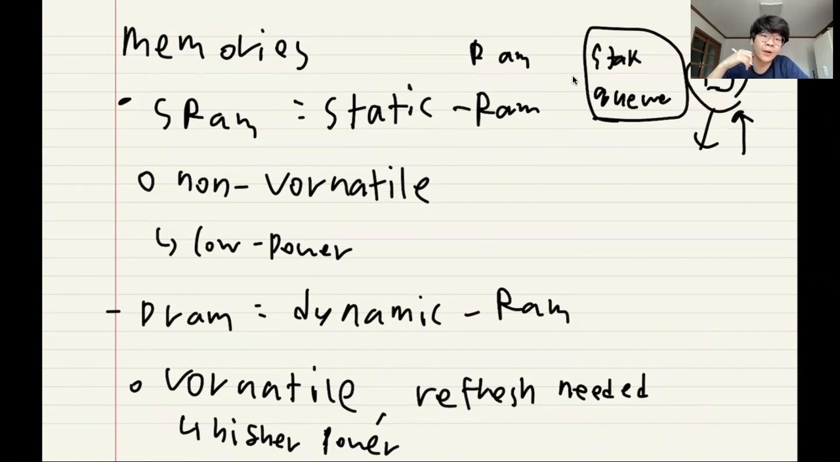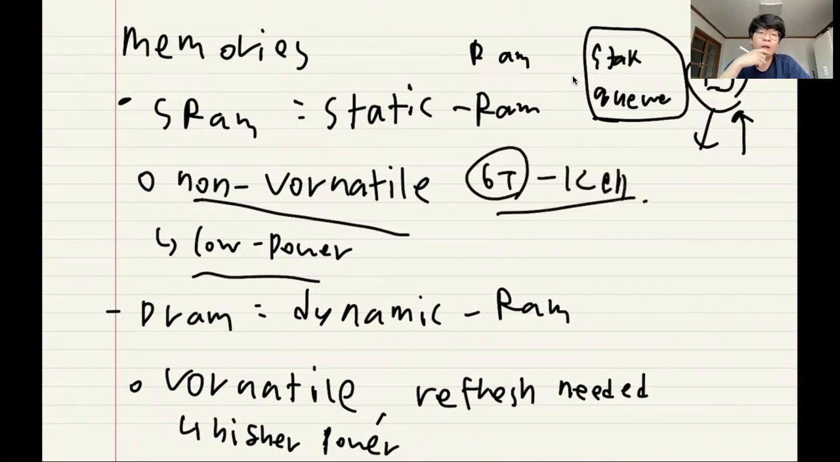So the SRAM does not need to be refreshed. So the SRAM has the advantage of low power dissipation, but however, it is very expensive and the SRAM cannot be integrated as much as DRAM because the SRAM consists of 6 transistors in one cell, and the DRAM, which means dynamic RAM, is volatile memory, so it needs to be refreshed